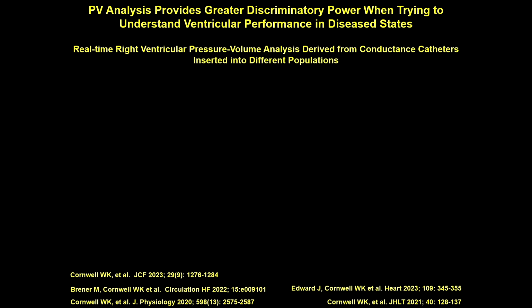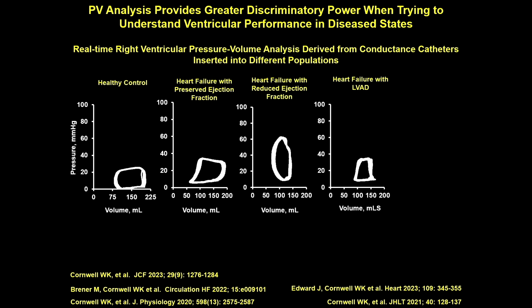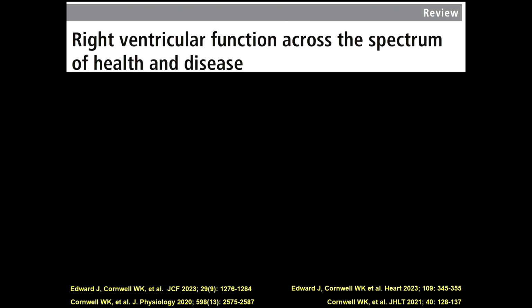Moving on, what have we learned in other populations? What types of things can we say? Well, these are example loops from multiple patient populations that we've studied in my lab using these fun devices. Healthy controls, purely healthy individuals, HFpEF, HFrEF, and HFrEF supported by LVADs. And I would argue that you can make some implications about differences in ventricular performance in these, but we need